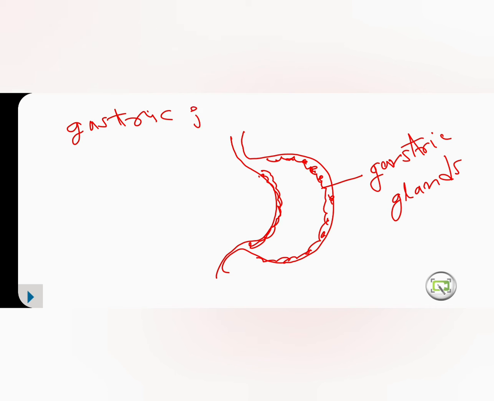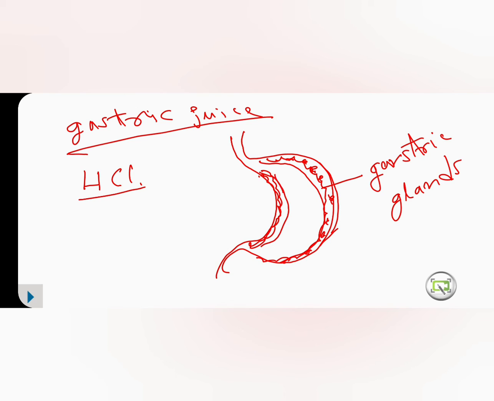This gastric juice contains an acid which is known to you, that is none other than HCl, hydrochloric acid. Hydrochloric acid, it is not diluted. Very concentrated hydrochloric acid is secreted into the stomach by gastric glands. Even though it is concentrated, it won't burn the stomach. Why? Because the innermost layer is mucosa. That mucous membrane acts as a greasy layer and prevents the impact of HCl.